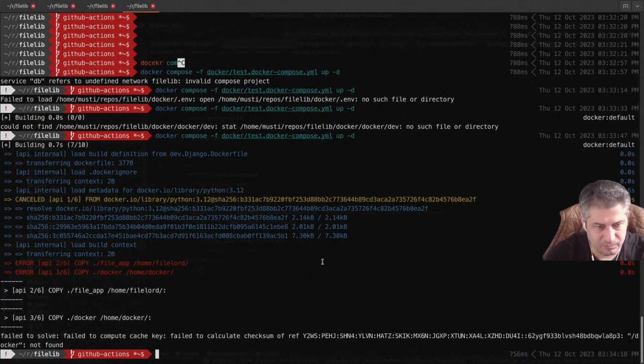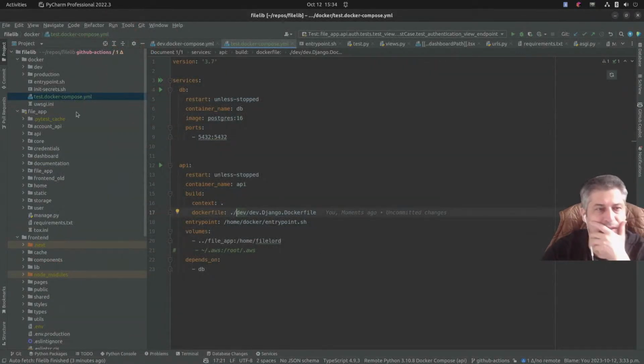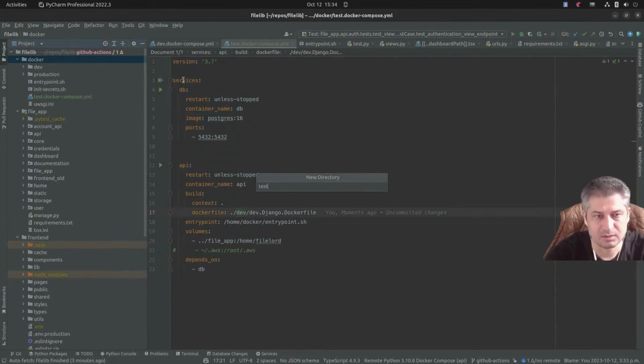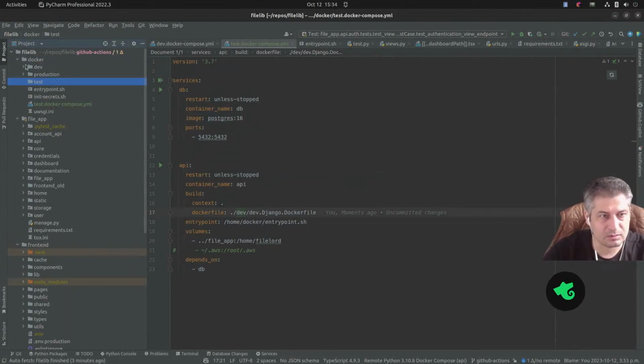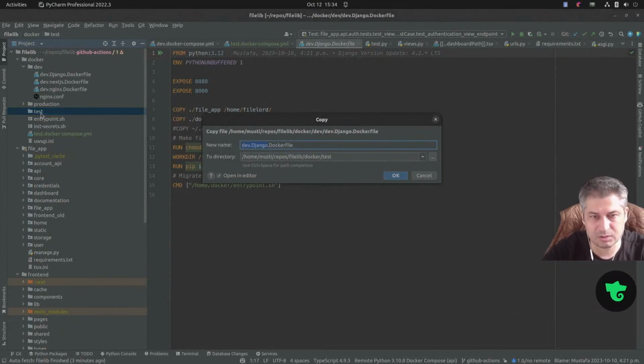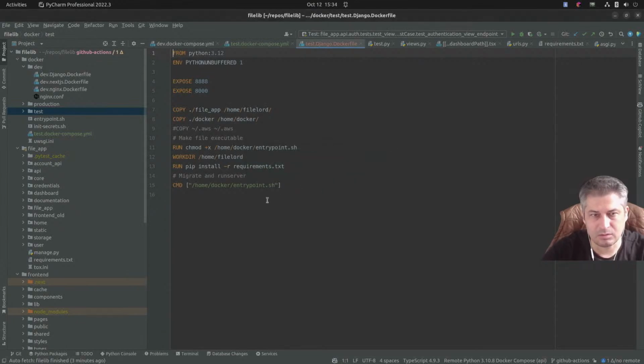API file, app home file or Docker home Docker. Oh, it doesn't. Yeah, I think I need a new file here. Let's call this directory test, and then we're gonna take this guy and put that into here, and then this is gonna be test. Not just yet. So we are doing this expose. We can just leave it fine. File it, okay, and then